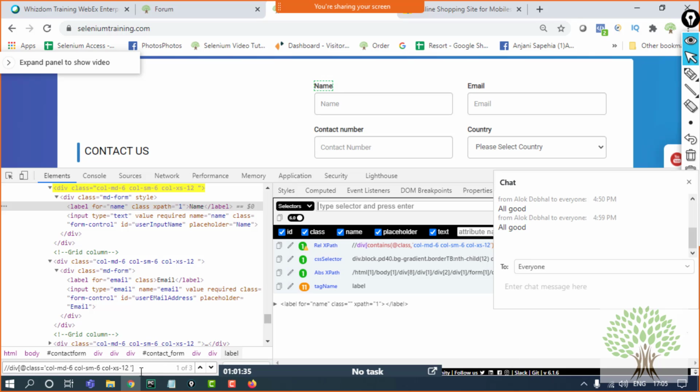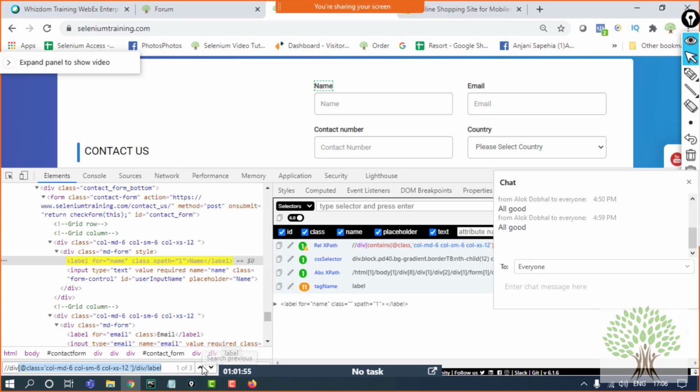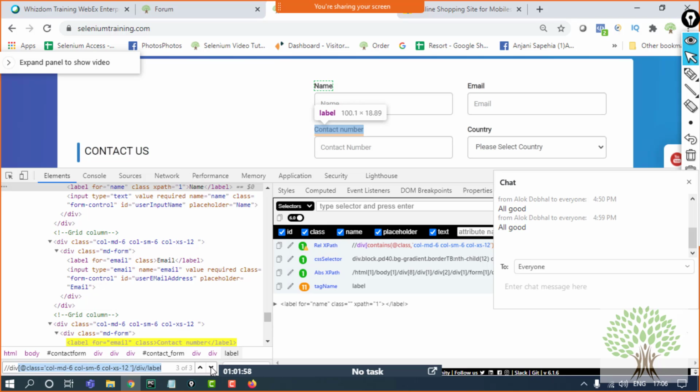Okay. So if you want to go this way, you have to provide the full information that inside this division tag, which has this class name, there is a division tag, there is another division tag, and inside that division there is a label. So then only if you look for this particular XPath or you make the CSS selector this way, then it will give you 3 elements and will print the text for that. Now you can see that the text boxes are not being highlighted, just the text is being highlighted. Fine? You got the point? Okay. You just try this one, you will get the elements printed. Okay? Okay, sure. Thanks.